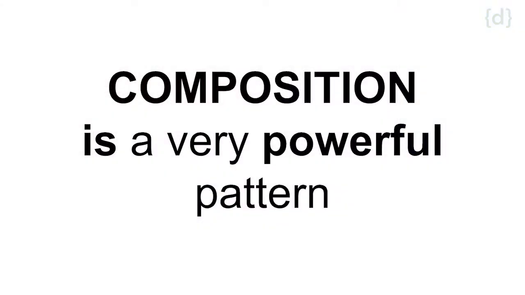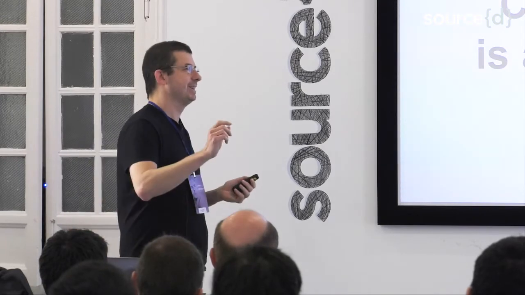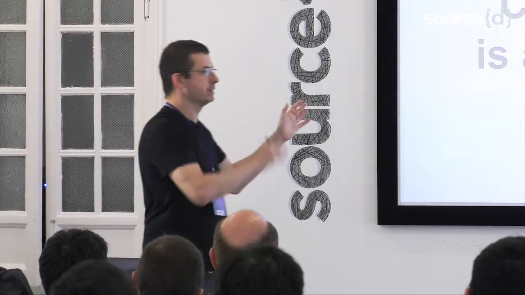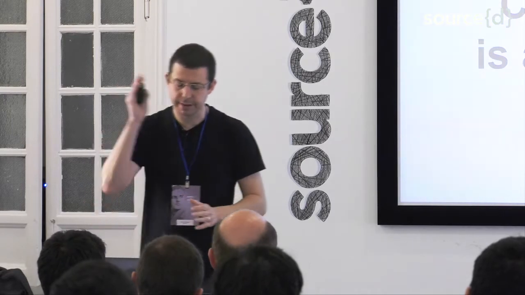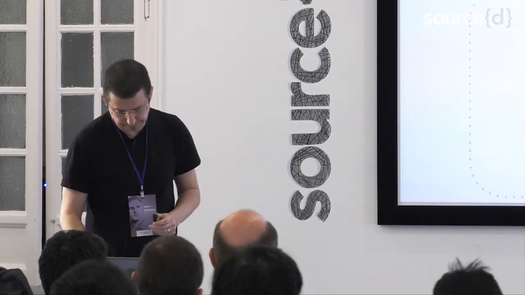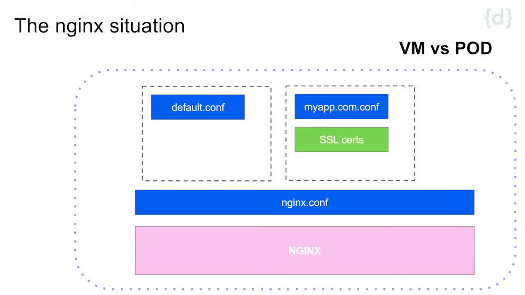The other thing with Kubernetes is that it allows us not just to use composition. Composition is extremely powerful because we've been there many times. We're going to create this library, script, or application that we can reuse, right? Well, yes, but because we have to run this in different environments and the context changes, our big idea gets a little bit diffused. So let's look at Nginx, for example,